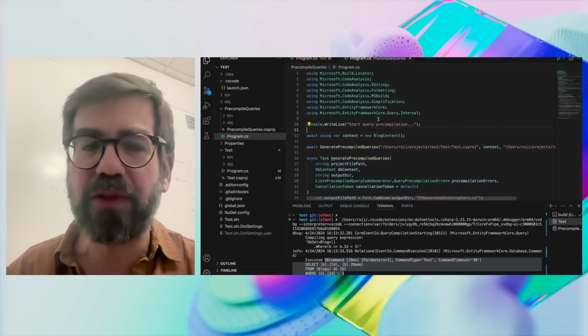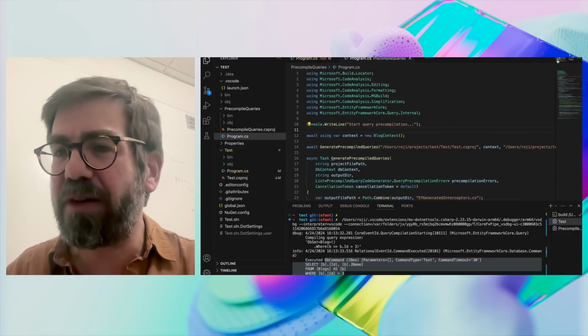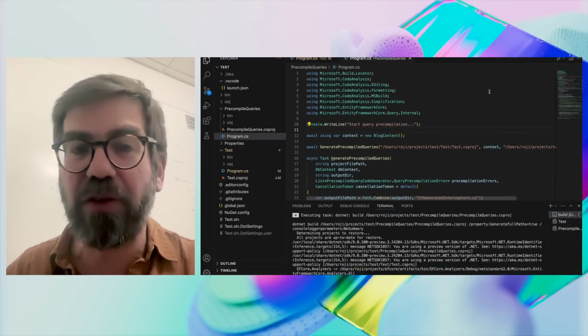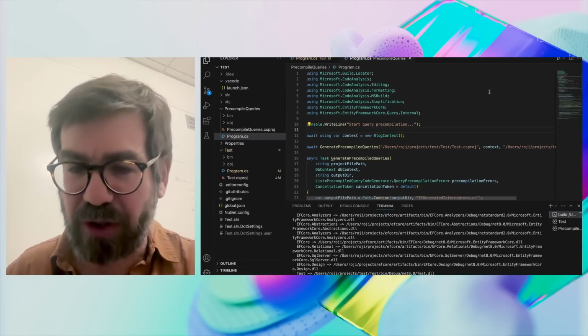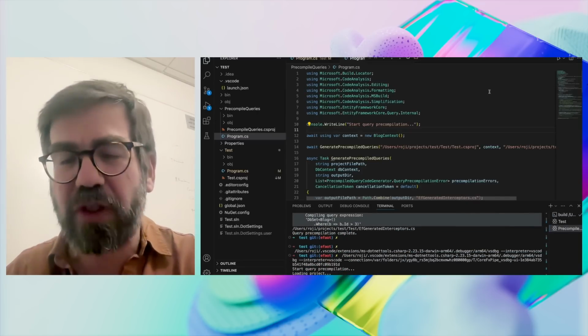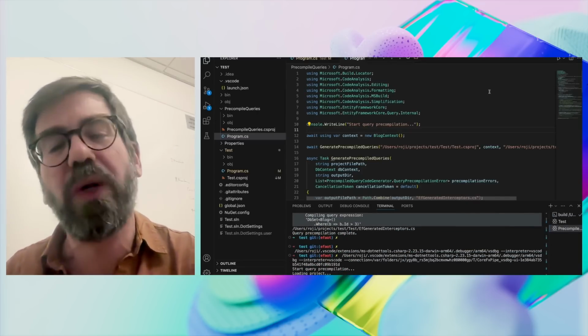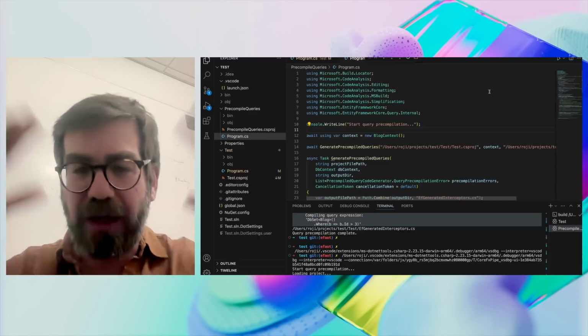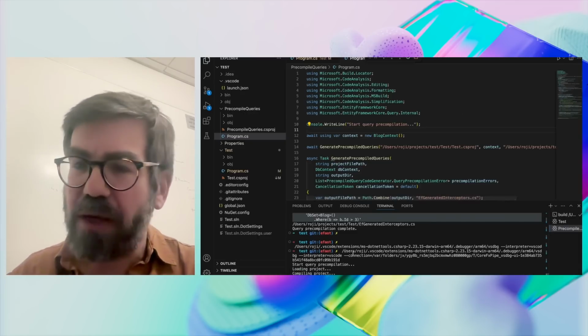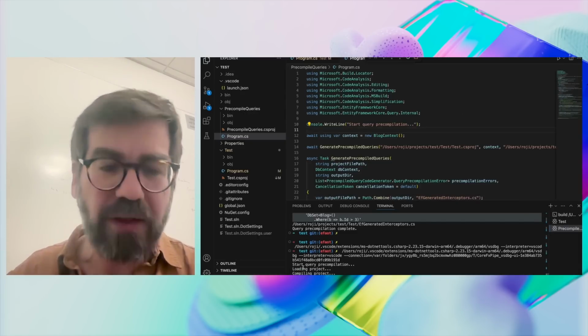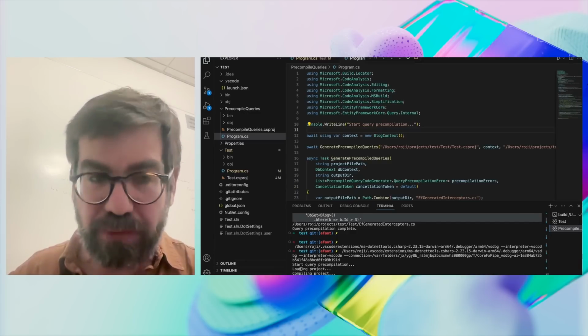There's a lot of work still left. So what I did is I put together a small different program that's going to do the whole process. So I'm going to launch that. Doesn't really matter. This whole thing is basically going to run when you publish your application in the end version of this feature. So we're now running this thing, and what it does is it's loading my project, the test